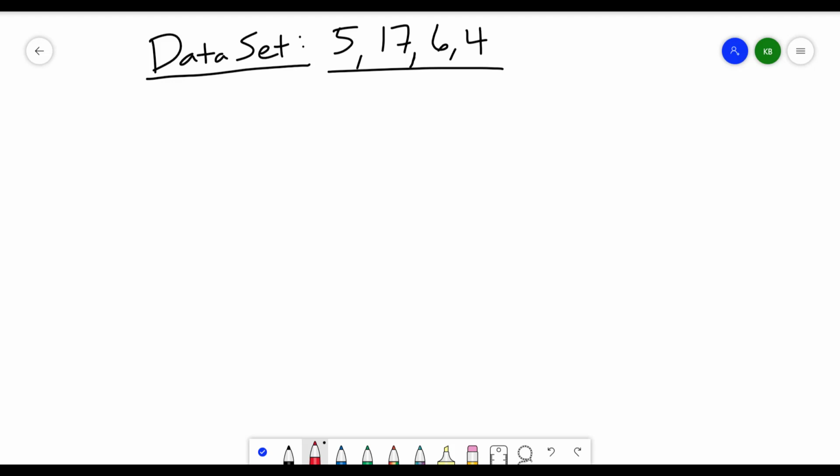Alright, so we're going to talk about some measures of variability. Measures of variability are telling us about how spread apart our data is overall. So one of the simplest versions is